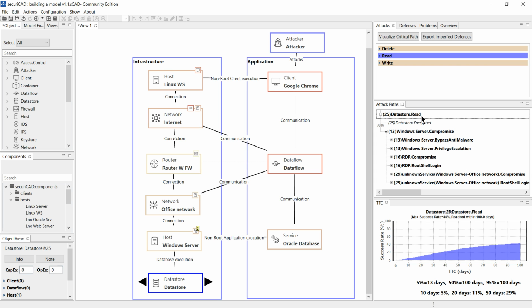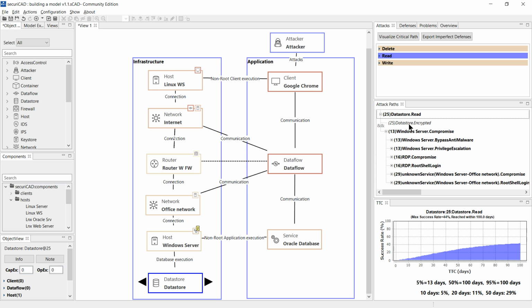If we look at the very last step, data store.read, you can see the attack step format comprises an object, data store, and an attack type, in this case read, and the number 25 in brackets is a unique object identifier. You'll see that the next two lines, data store.encrypted and Windows server.compromise, are separated by this double ampersand,